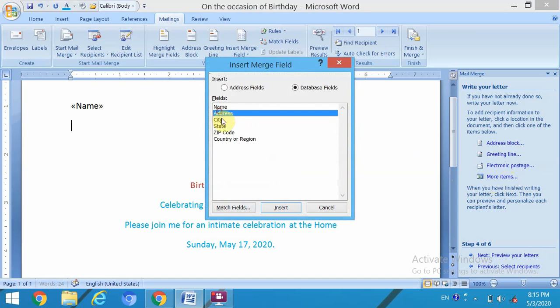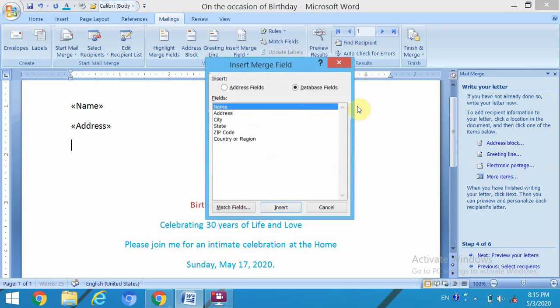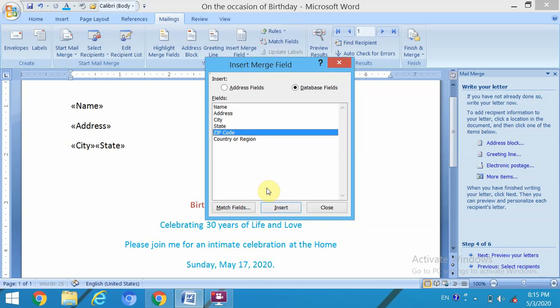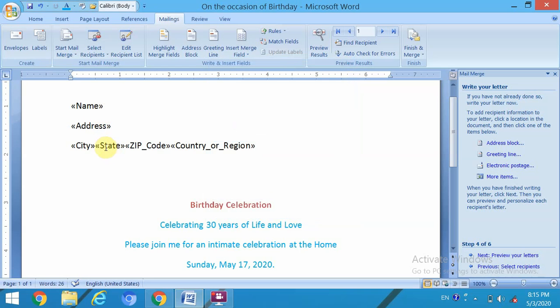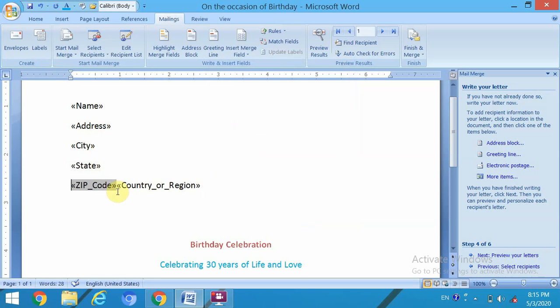Again, More Items, Address. Again, more items. You can add all the details. And finally close it. You can arrange this by pressing enter key.